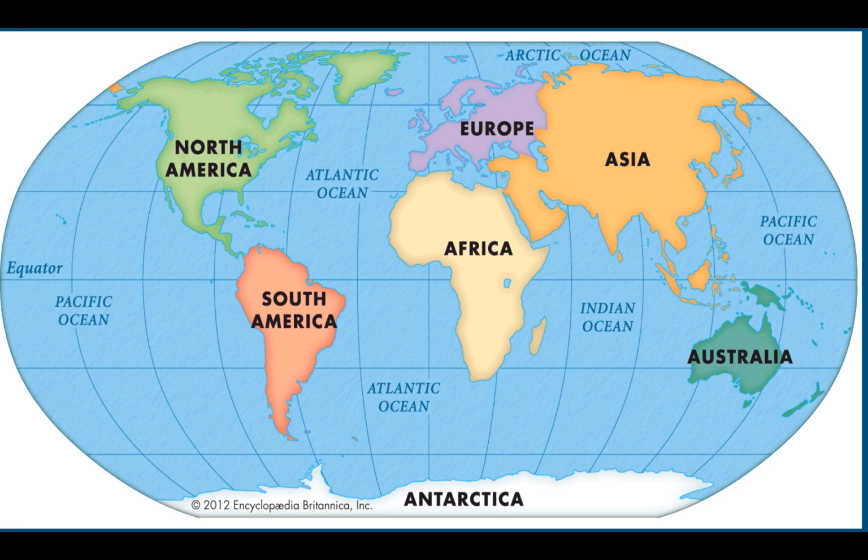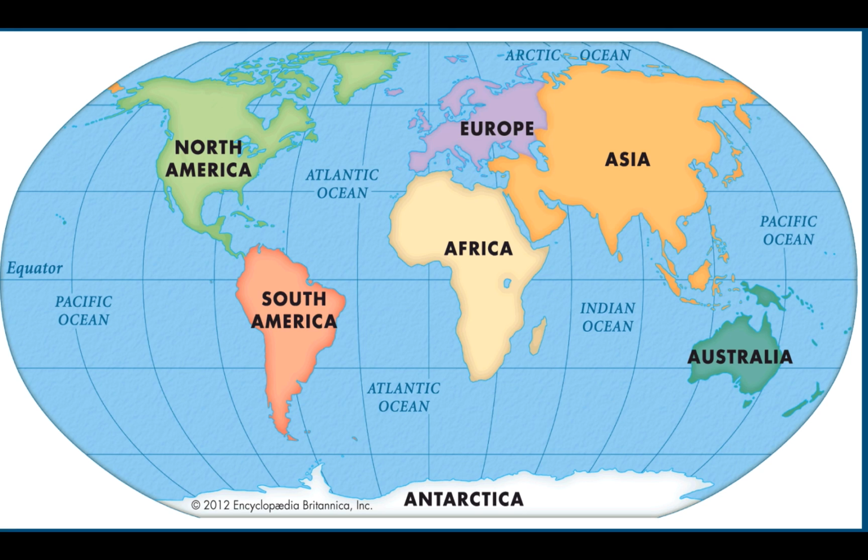Now, I realize that when you're looking at this, you see 2 Pacific Oceans and you see 2 Atlantic Oceans. Well, you got to remember that the world is a sphere. It's like a big, big circle. And it's 360 degrees, which means it wraps around. So the Pacific Ocean will wrap around and meet once again on the other side.